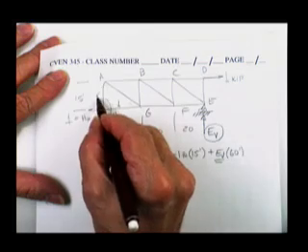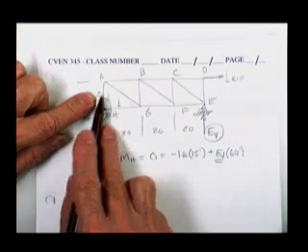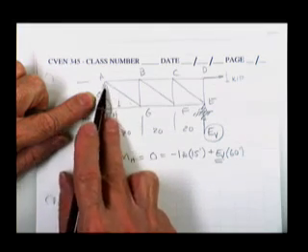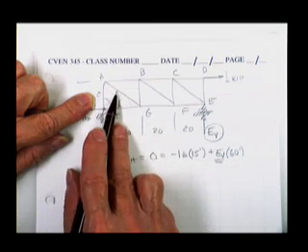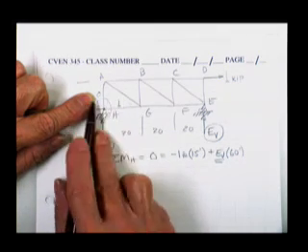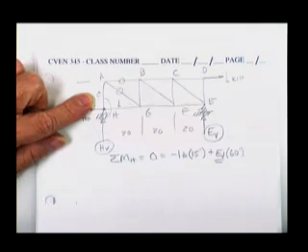This guy will be a 0. Since this guy is a 0, there can't be any up and down force here, because when you cut this joint out, if you sum forces vertical and there's a number in there, this guy won't take care of it, so this has to be a 0. If that's a 0,